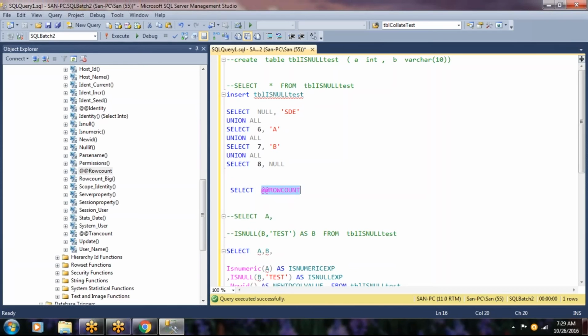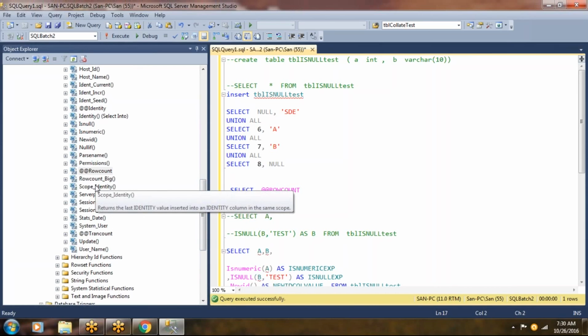This is the usage of @@ROWCOUNT, and you will use this function in the audit section only. When I say audit section, if you want to track, when you perform any transformation or insert data into a particular table, how many rows got inserted at the transaction level, just insert, then select @@ROWCOUNT, and you will find that these many rows got updated or inserted. So this is the usage of row count. And scope identity, I will tell you in the identity class.